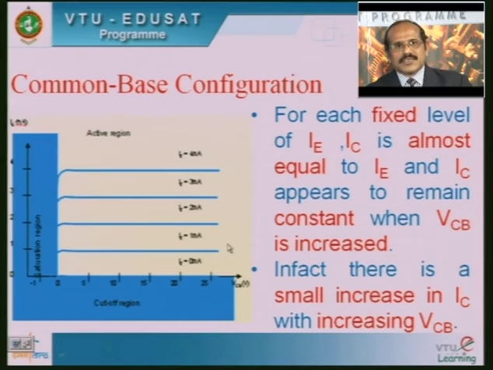However, if VCB exceeds 25 volts, there might be a breakdown here, and because of this breakdown mechanism, the collector current, the output current, suddenly decreases. It happens mainly because whenever VCB exceeds 25 volts, both depletion regions, one existing across the input junction and the other across the output junction, get close together, and therefore a large current flows